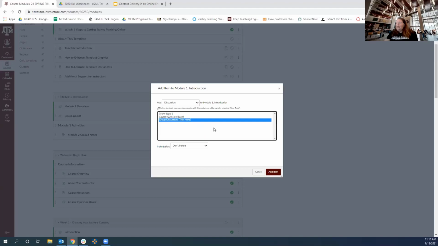One thing too is when I hit discussion, I just want you to notice there's an option here to create something new, but then it'll also show you what's already there inside your course. So this group discussion and course question board, these are from that blueprint from Academic Innovation. So you're going to want to go through and make sure you find those.